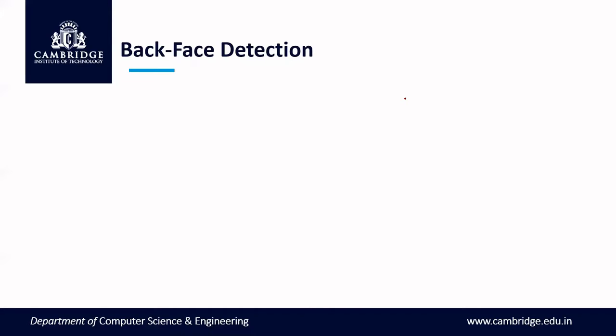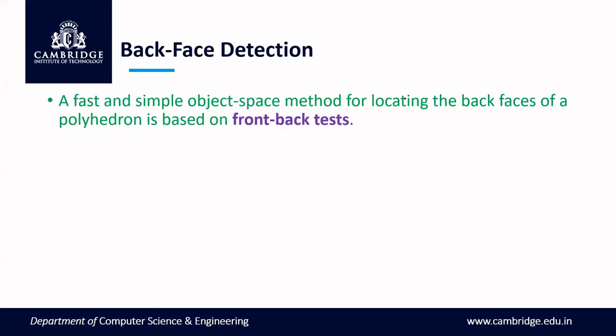Backface detection is my first algorithm. Now, a fast and simple. So this algorithm is an example of an object space method for locating the back faces, that is nothing but a hidden face. This algorithm, mainly dealing with locating the hidden faces of a polyhedron, is based on the front back